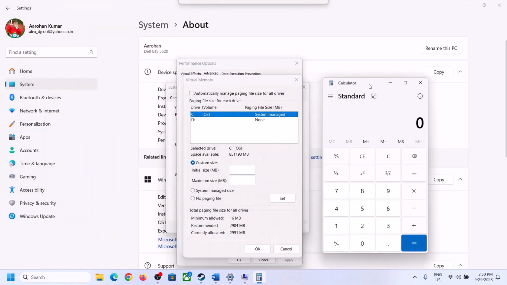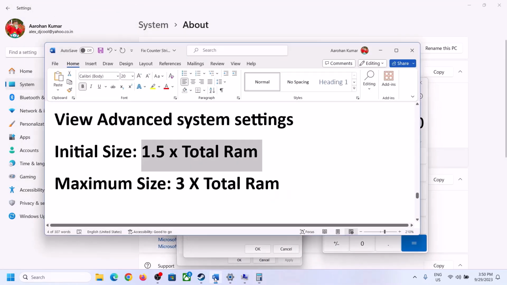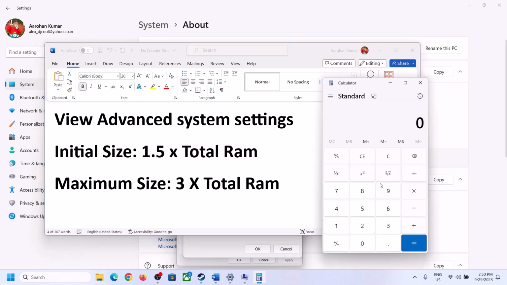And over here, it's 1.5 into total RAM. Total RAM in my case is 16 GB. So 16 into 1024, since 1 GB is equal to 1024 megabytes. So 16 GB in megabytes will be 16384. This is my total RAM in megabytes. Now 1.5 into total RAM, that is into 1.5. So in my case the initial size is